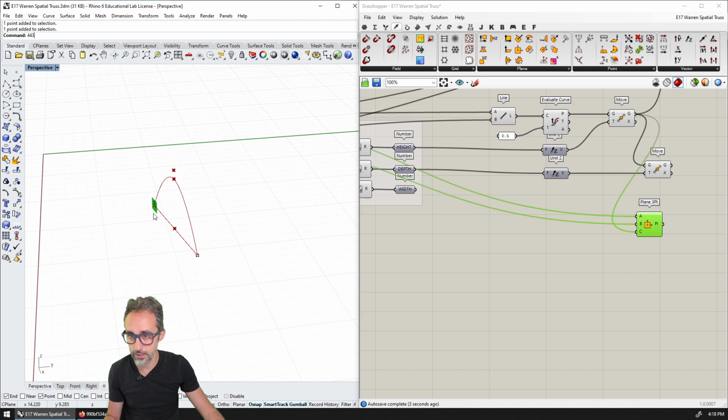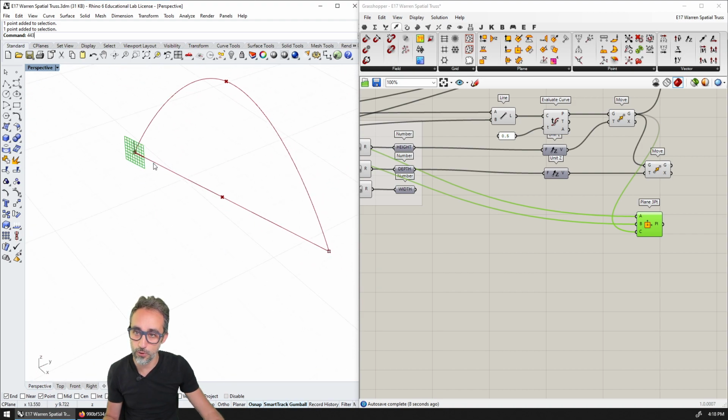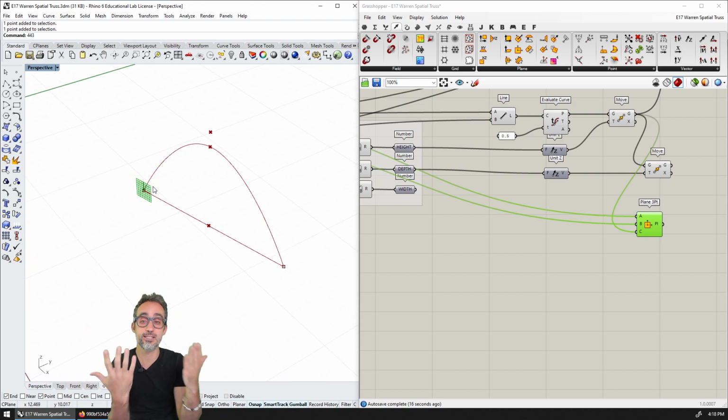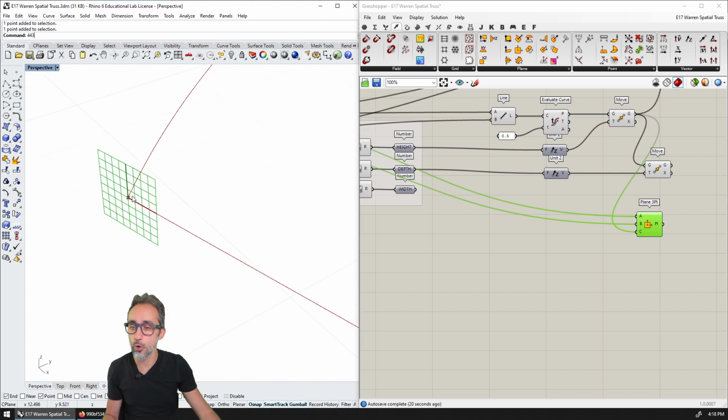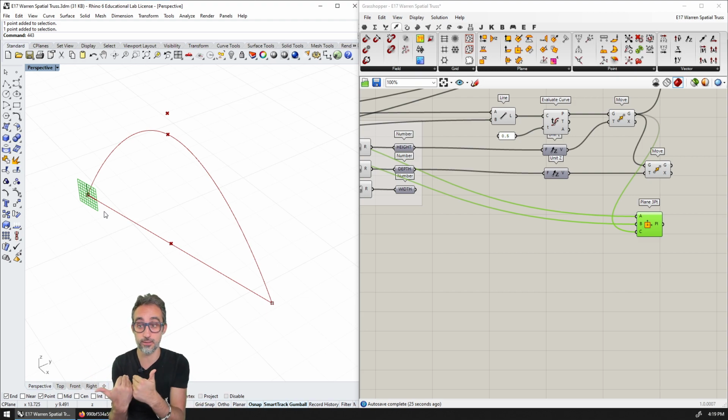We have a plane now that is centered here, oriented towards the other support, and whose secondary axis is pointing upwards and containing the arch, which is a planar curve. The normal to this plane will be a vector that is perpendicular to this plane.